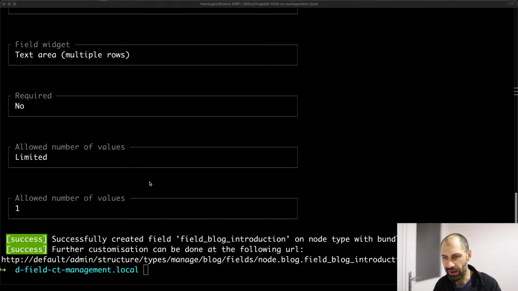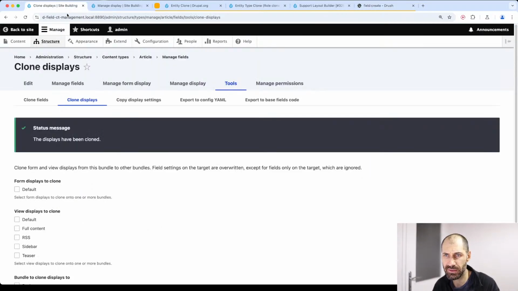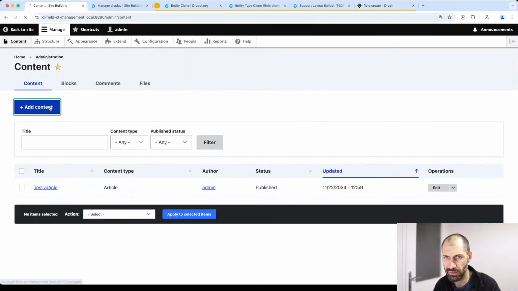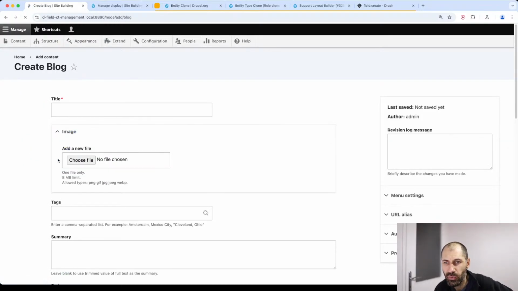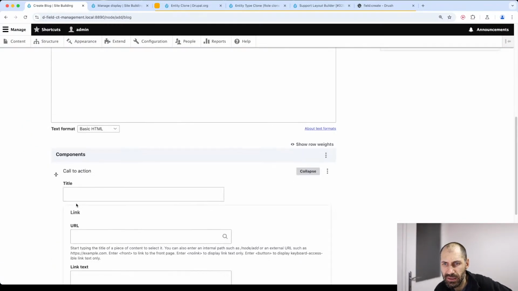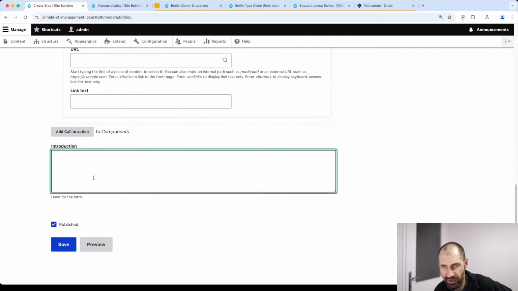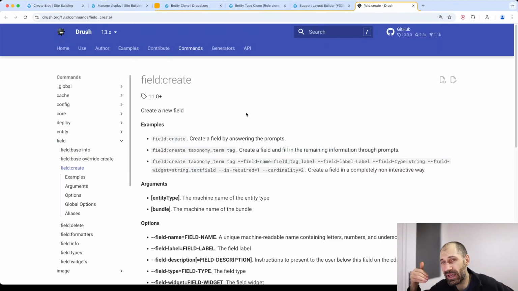Now, if we jump over to our site, let's go to blog, add content, blog, we should see introduction right here. There you go, okay? We were able to create this using just Drush. So you can think of ways you could essentially automate it. Of course, entering in the prompt is a manual process, but what you can do is pass in these parameters and this will do it the non-interactive way, so you don't have to